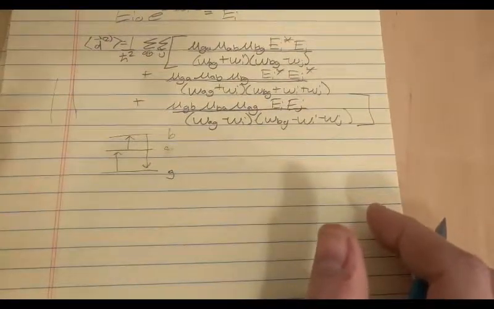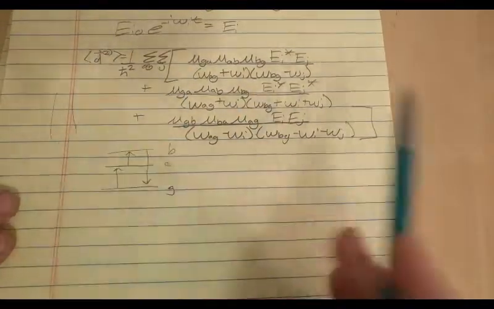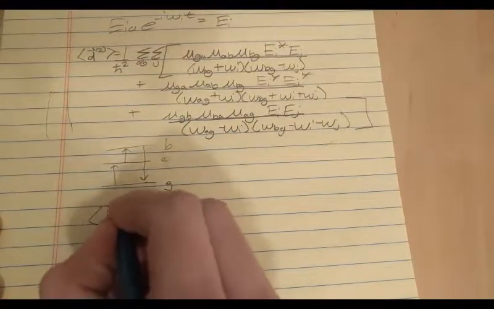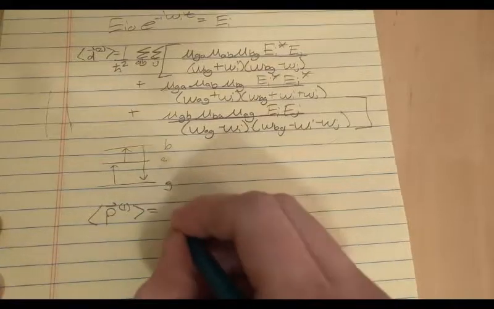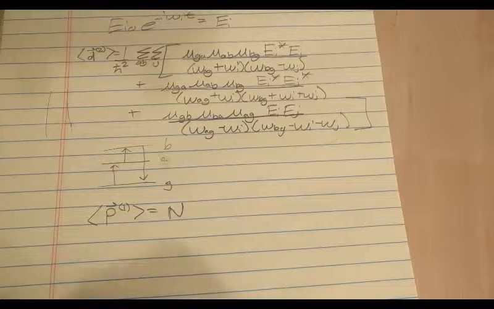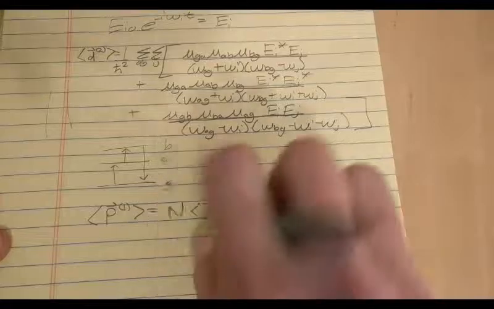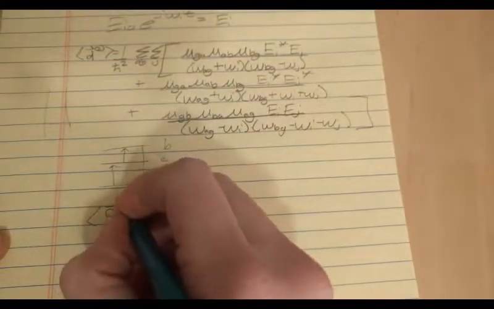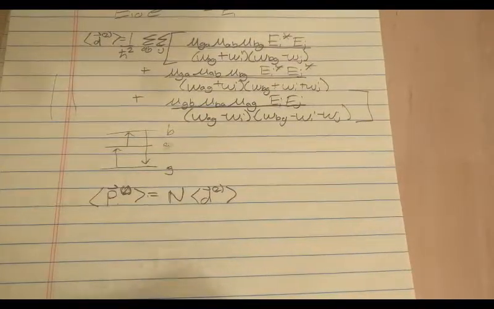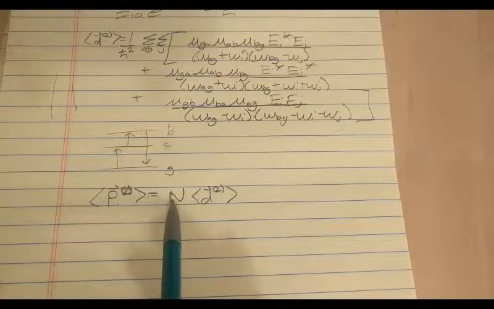For the second order polarization, all we do is multiply this d2 by the number density, just like we did for the first order polarization. So, number density is the number of dipoles divided by the volume, times d2. So that's, whoops, I wrote a 1 there. This should be a 2. So the second order nonlinear polarization is just that. And to get the second order susceptibility,